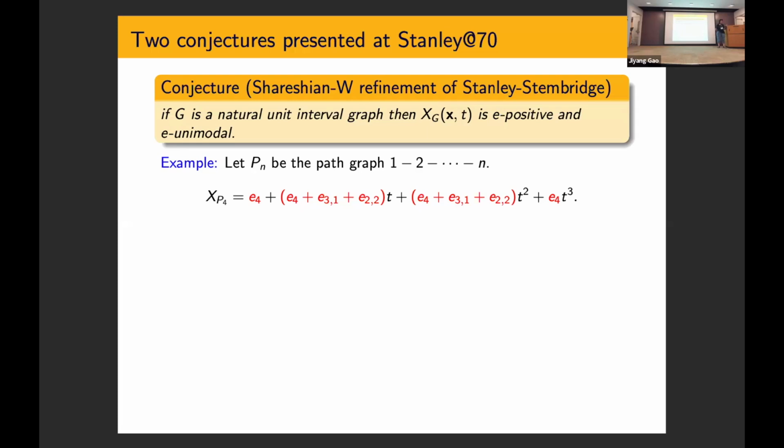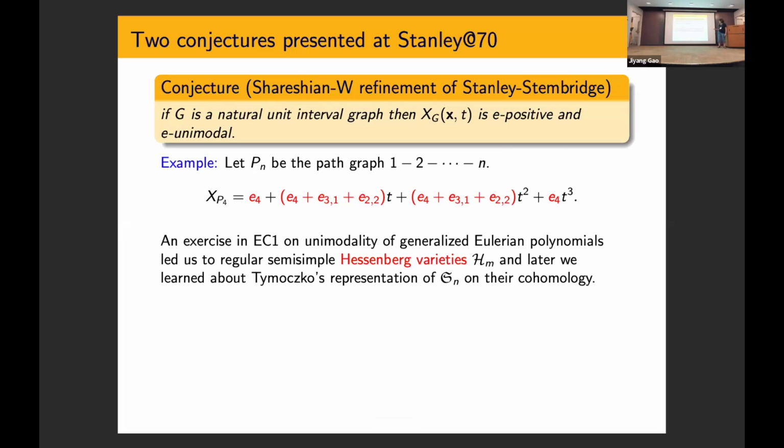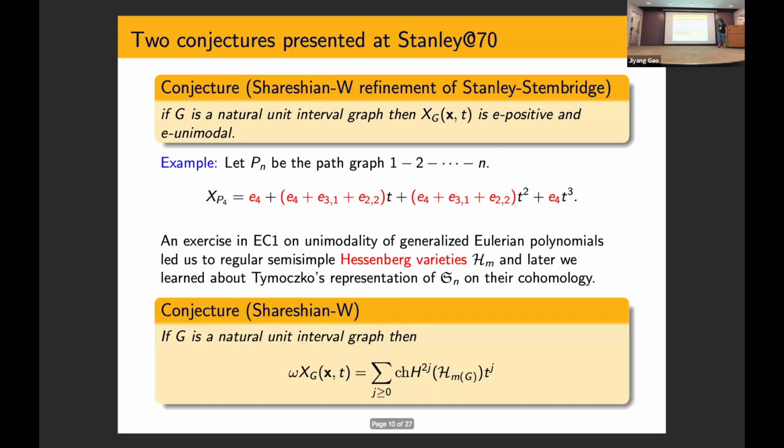a representation not on the Hessenberg variety, but on the cohomology of the Hessenberg variety, the symmetric group representation on the cohomology. And that's exactly what we needed. And so we tested this out, and that's what I just said. And we came up with this conjecture that